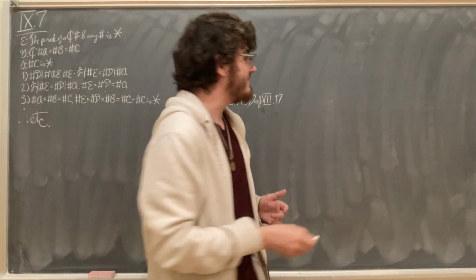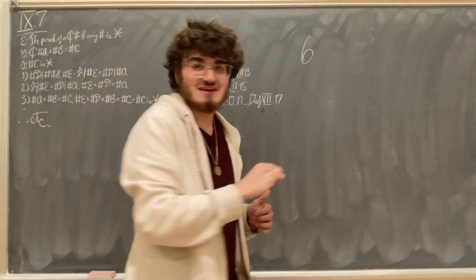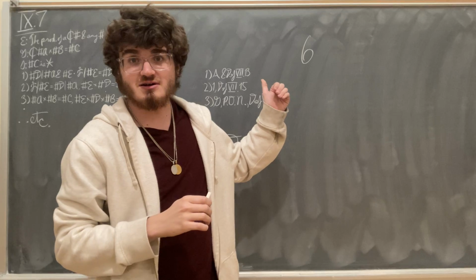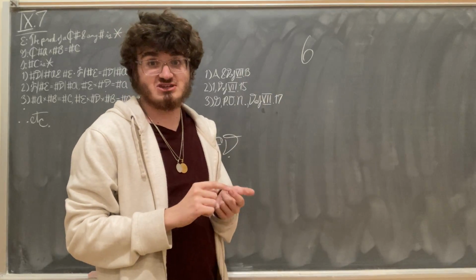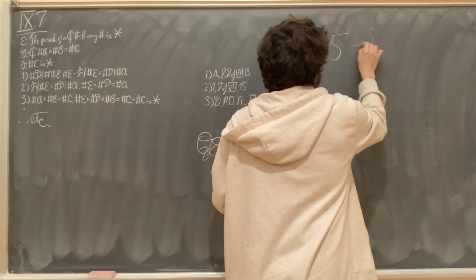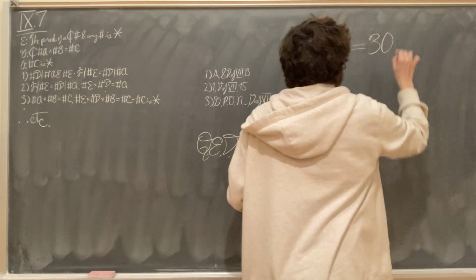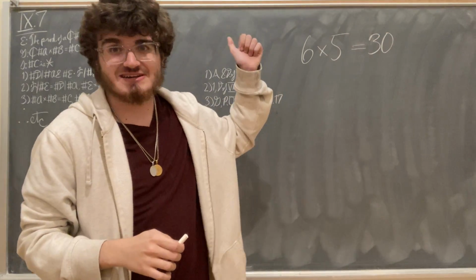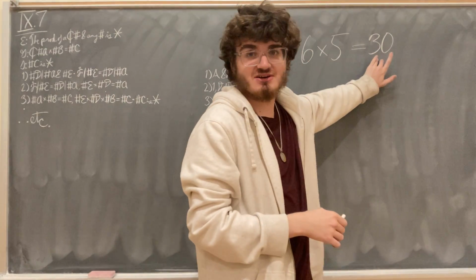An example of this would be that 6 is a composite number. It is measured by not only the unit, but also 2 and 3. And if we take its product with any number, say 5, we'll get 30. What this proposition tells us, at least, is that the number 30 is a